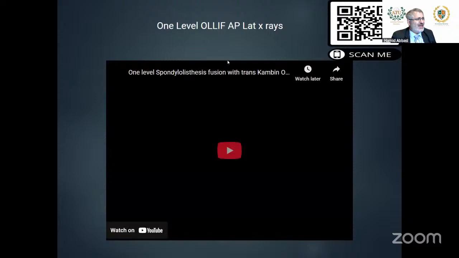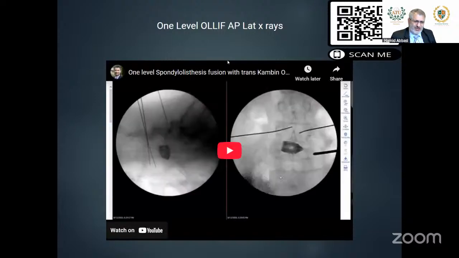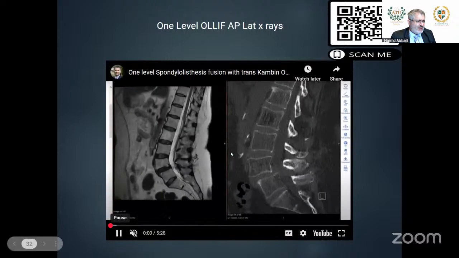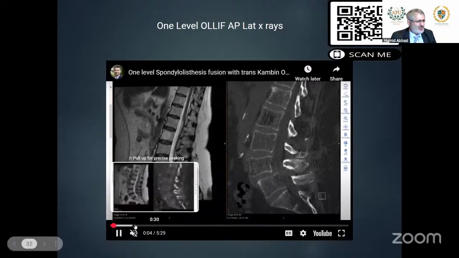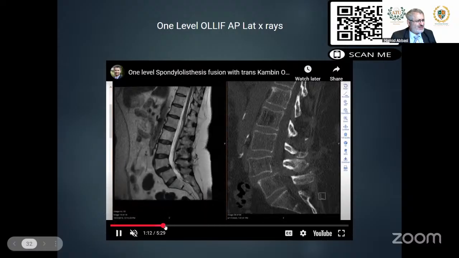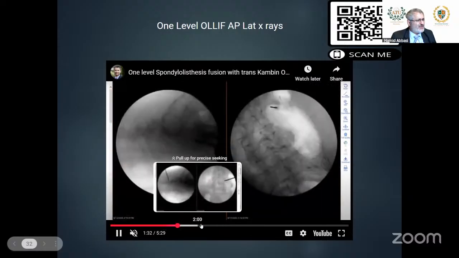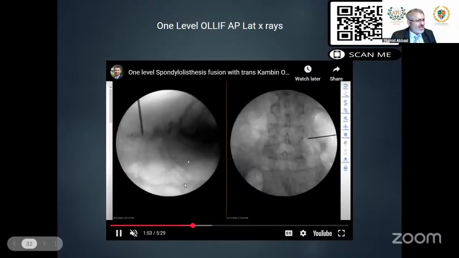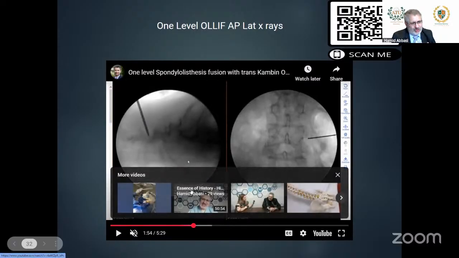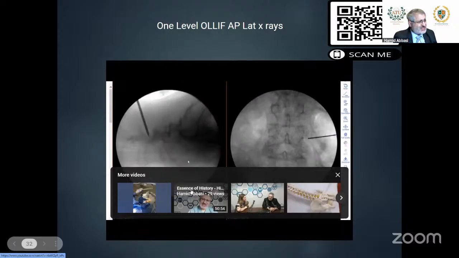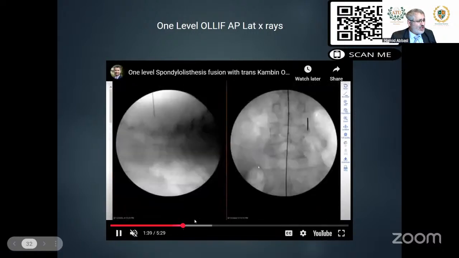And then I'm going to show you a small video now. So literally, this is an isthmic spondylolisthesis. I'm not going to go through the indication because that's a different story. But here is where we start the surgery. AP and lateral. And that is what I'm going to tell you, it's extremely important. You can do this surgery with one C-arm, with navigation, with other things. But I can give you the data on the way I do the surgery. We start the surgery with double C-arm.